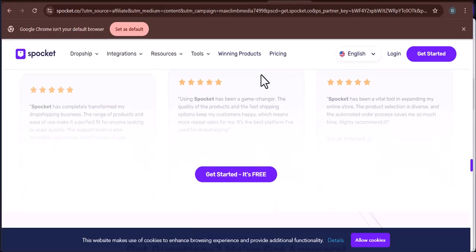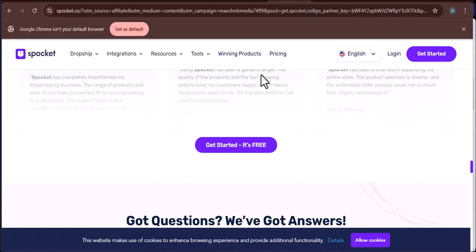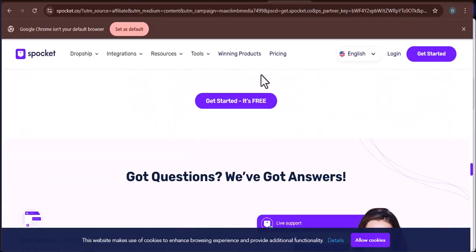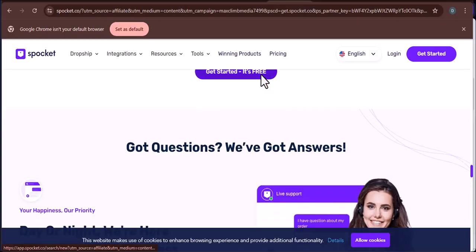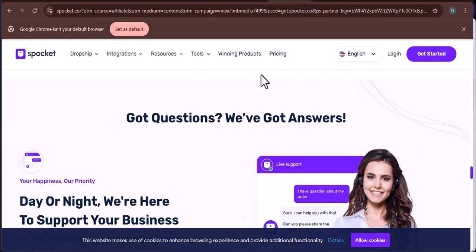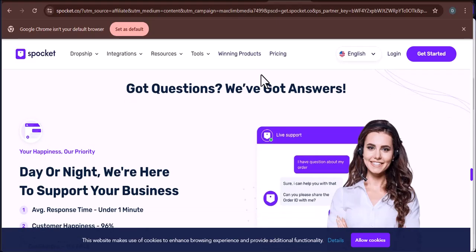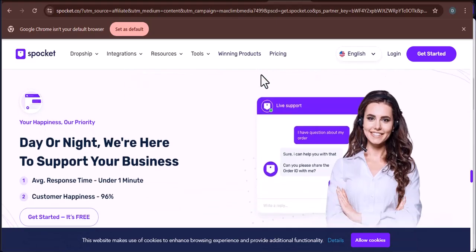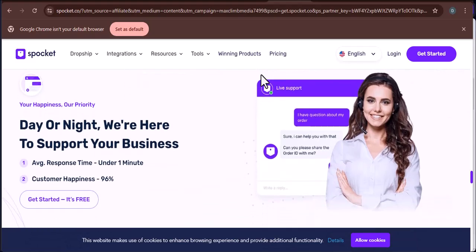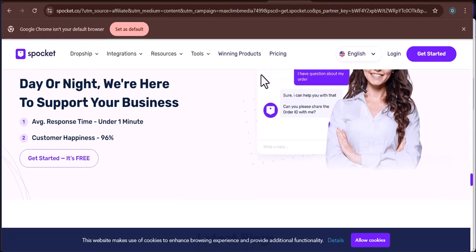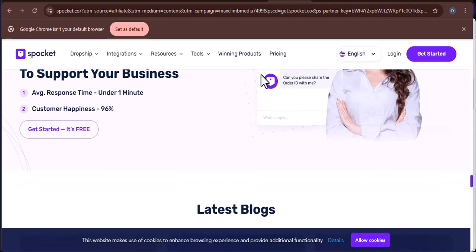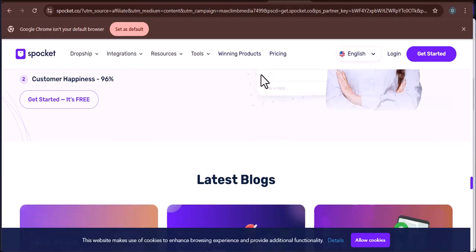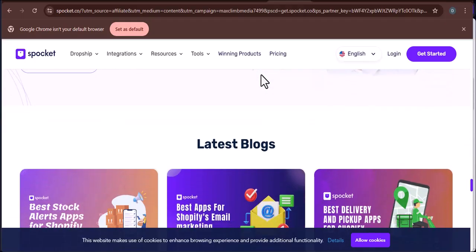Once you're satisfied with all the details, it's time for the final step, pushing the products to your Shopify store. Simply select the products you want to import and click the Push to Store button. Within a few moments, you'll see a confirmation that the products have been successfully pushed to your Shopify store. Now, go to your Shopify admin panel, navigate to Products, and you'll see all your newly imported Spocket products listed